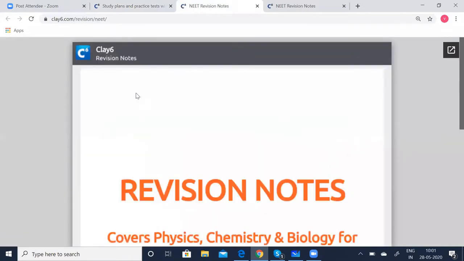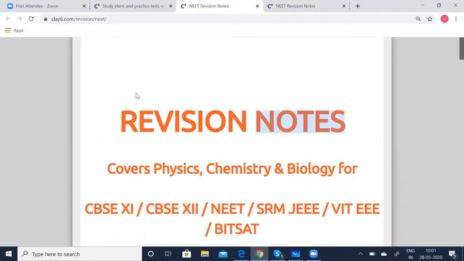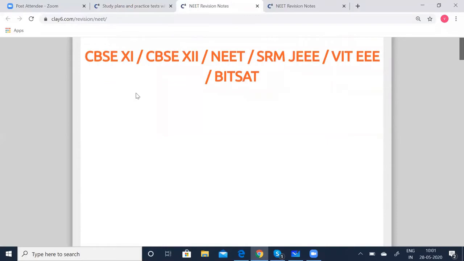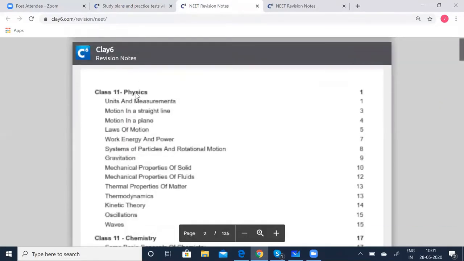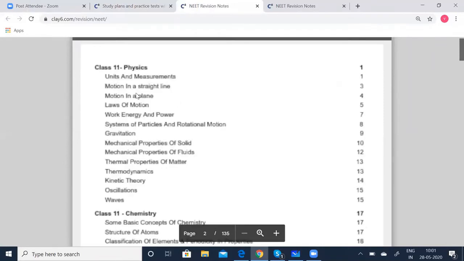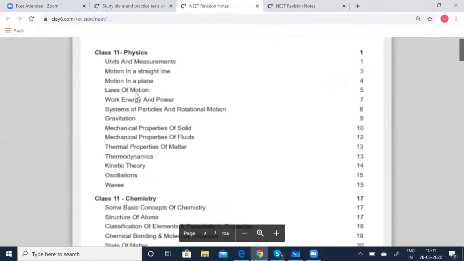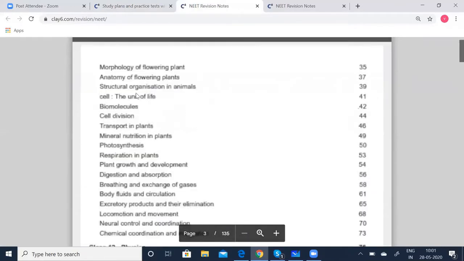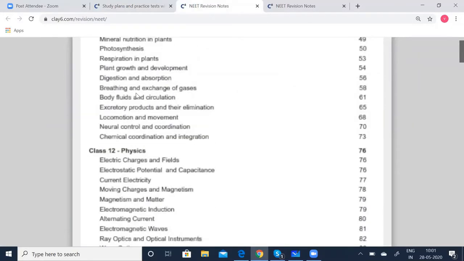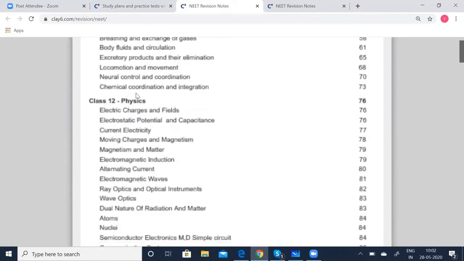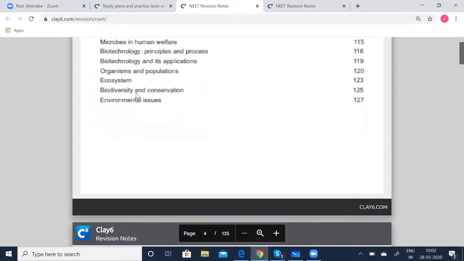So basically revision notes are nothing but the important concepts and formulae you'll have to know from the NEET exam point of view. So we have done for physics, chemistry and biology for all the exams, especially for NEET exams. We have done chapter wise, right from the first chapter to the last chapter, which covers both class 11 and class 12. You can make sure of all the concepts and the important formulae you'll have to know. Make yourself thorough with the concepts, and then you can take the physics tests, which you have. I'll come to that later.